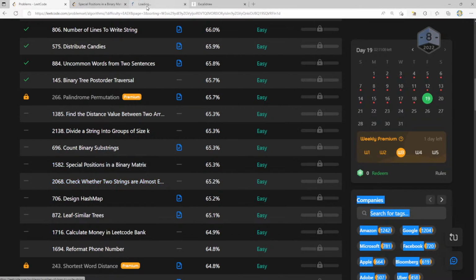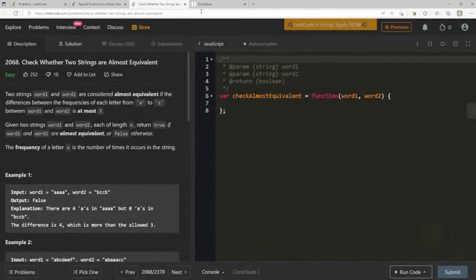So, check whether two strings are almost equivalent. Two strings word1 and word2 are considered almost equivalent if the differences between the frequencies of each letter from a through z between word1 and word2 is at most 3. Given two strings, the frequency of letter x, okay, there are 4 a's in a, but 0 a's in b. The difference is 4, which is more than the allowed 3. I think what we can do,